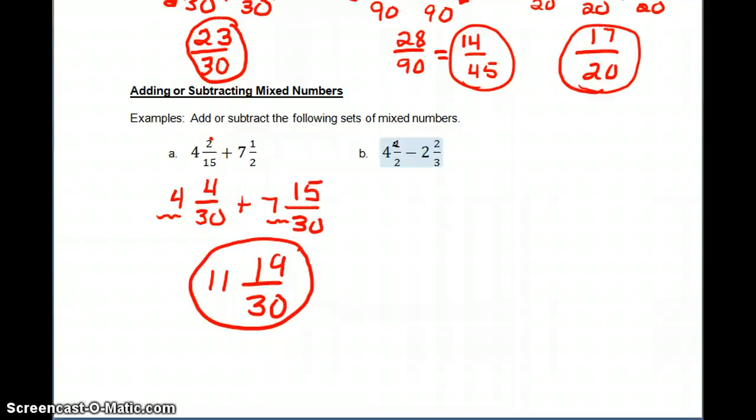When we're subtracting, if you were trying to subtract 2/3 from 1/2, you'd have to borrow from your whole number because that 2/3 is bigger than that 1/2. So in this situation, it is going to be so much easier for us to just convert these mixed numbers